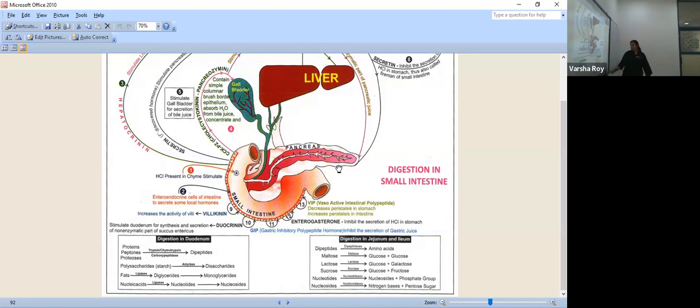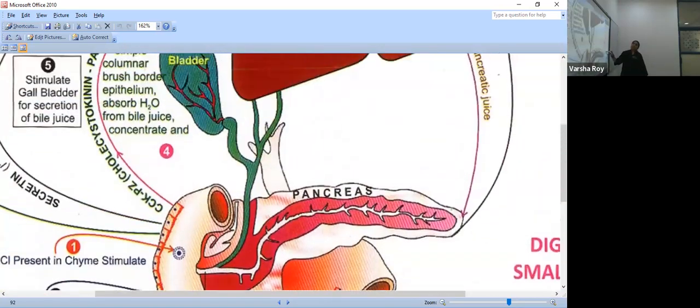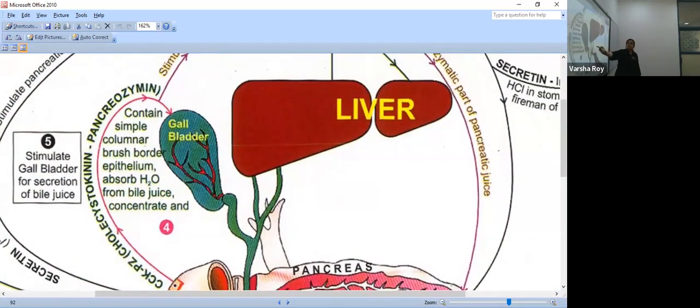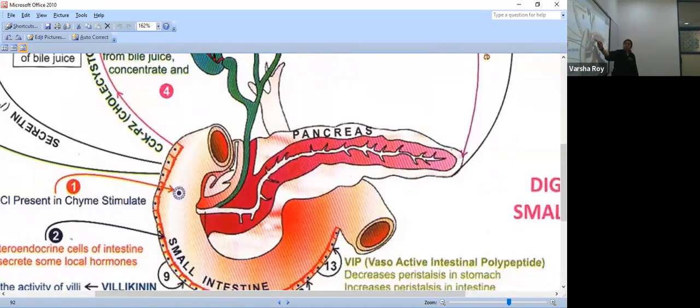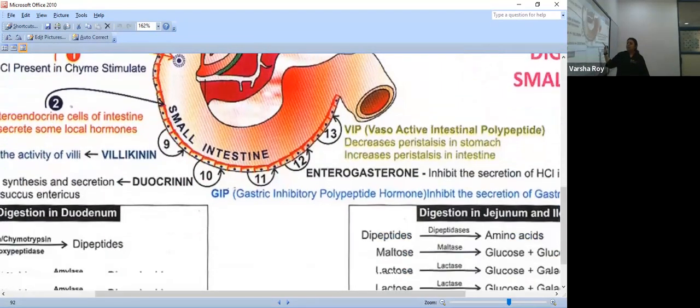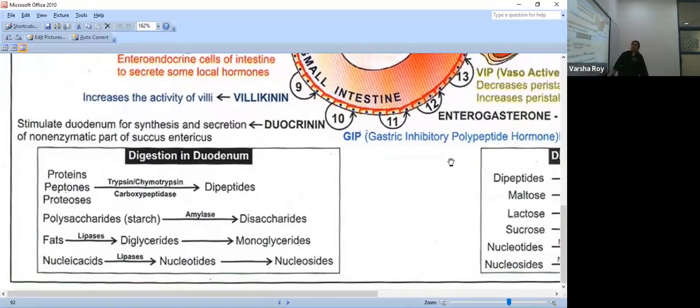fats। Emulsification is also required, which is by the, ये आपको दिख रहा है गॉल ब्लैडर से, तो लिवर से गॉल ब्लैडर में वो स्टोर होगा बाइल जूस, उसको रिलीज करेंगे डक्ट। ये आप देखो डक्ट जा रही है, लिवर और पैनक्रियास की डक्ट कॉमन खुलती है डिओडेनम के अंदर और फिर डाइजेशन शुरू होगा। सो डाइजेशन इन द डिओडेनम इज लाइक दिस।